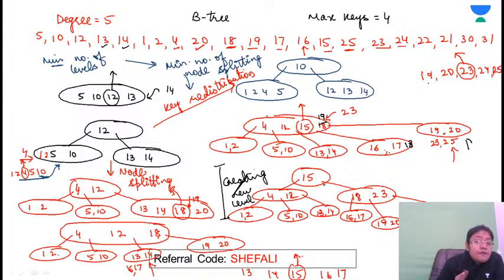So that is the difference between key redistribution and splitting. Node कब split होगी? When all the levels are completely full. Completely full है, sibling भी help नहीं कर पा रहे, key redistribute नहीं हो पा रही, then only in the worst case it will go to the next level. जब आपके पास leaf level पे space ही नहीं है तो definitely you have to go to the next level, right? So that is the difference between the key redistribution and